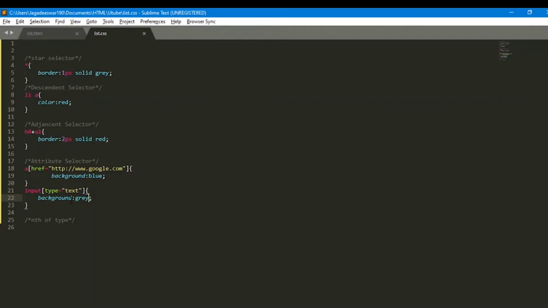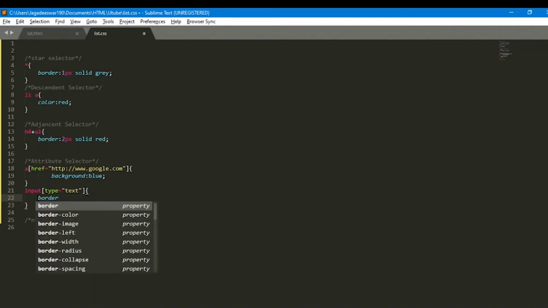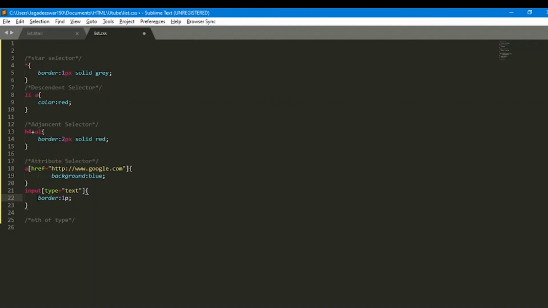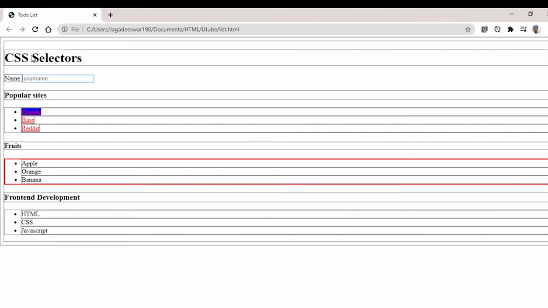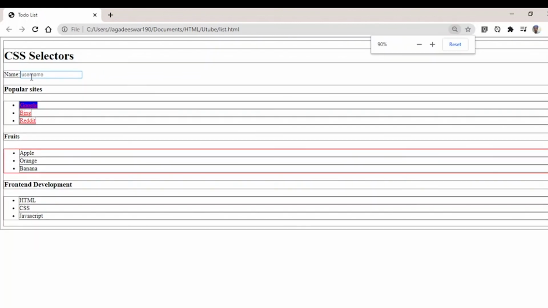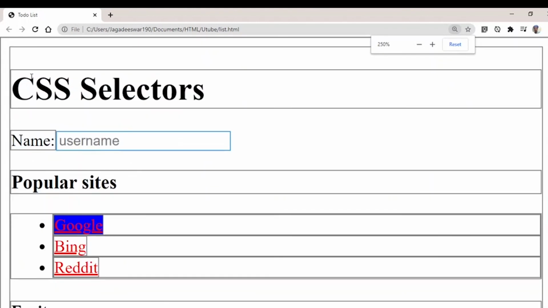Or you can give the border instead of the background color, border 1 pixel solid blue color, and you see the input is changed to the blue border.